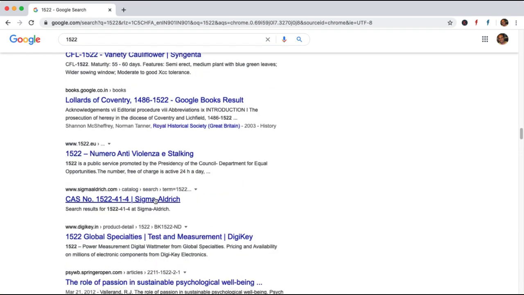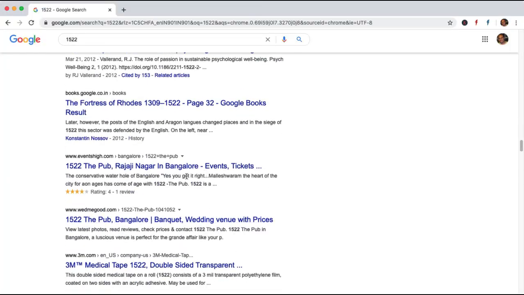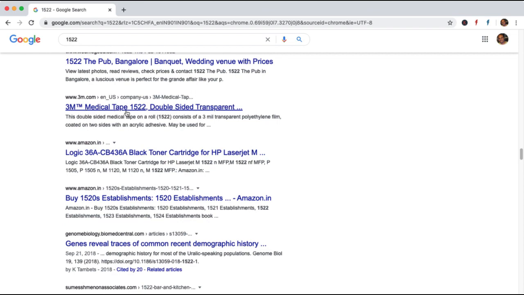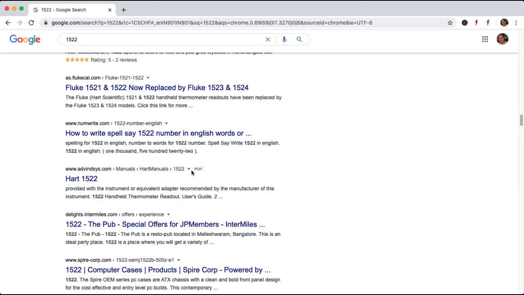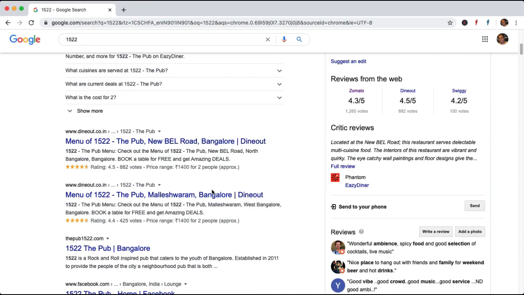There are so many other search results presented which have the keyword 1522, like 3M medical tape 1522. So it would be easier for the user who is searching for 1522, because he can clearly understand that this is a pub, and because there is a price range and everything.